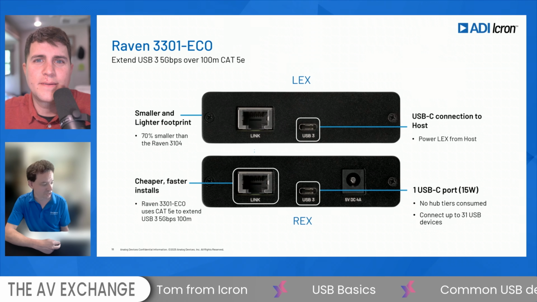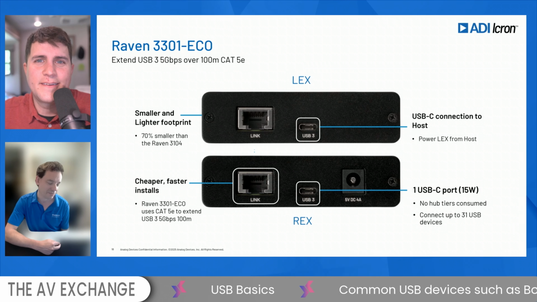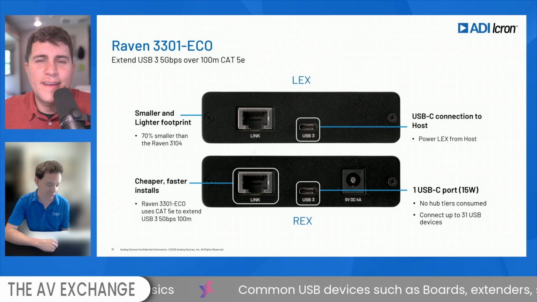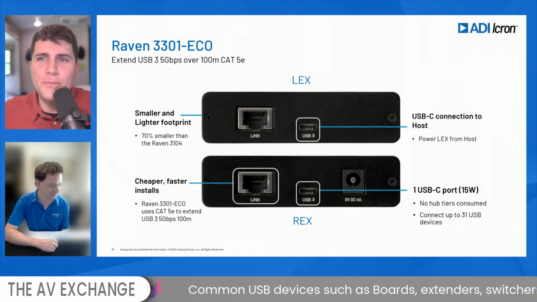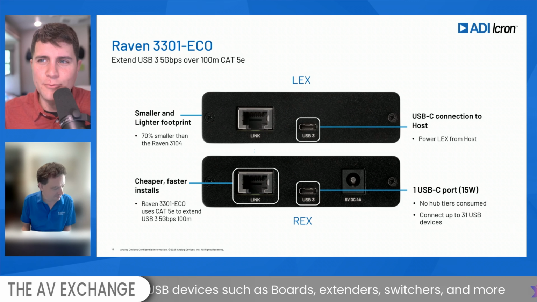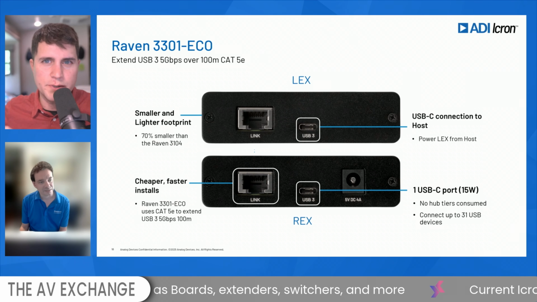So a lot of people at the show were coming up to me and saying, oh, I have a big problem with hub tiers, and your Raven takes up 2 tiers, and my device takes up 4 tiers. This takes up no tiers now. So you don't even have to budget for it anymore, which is great. Can you base level, like 30,000 foot it for my folks who maybe haven't gone down the rabbit hole with this yet? USB hubs and kind of how they play into your item count. Absolutely, yeah.